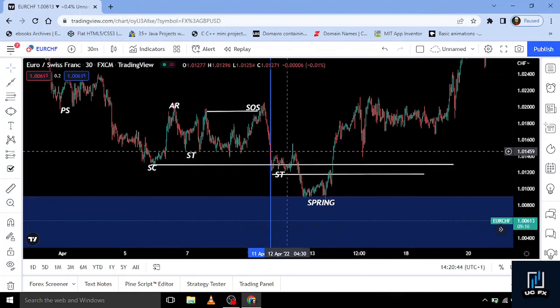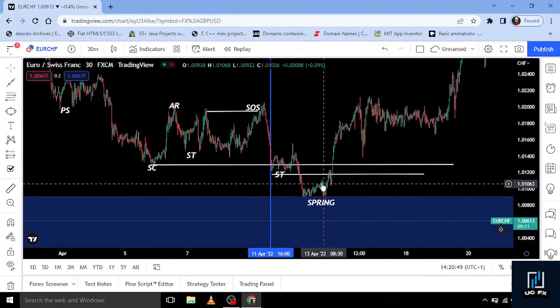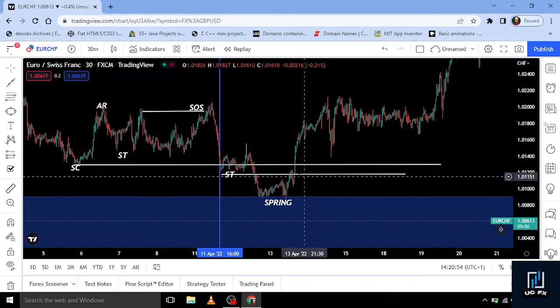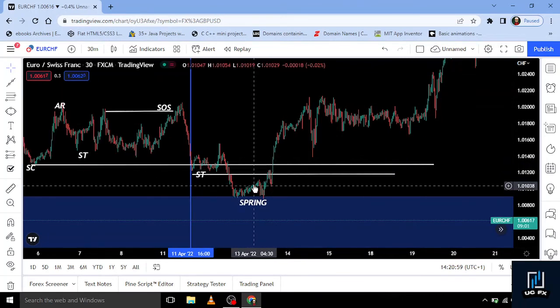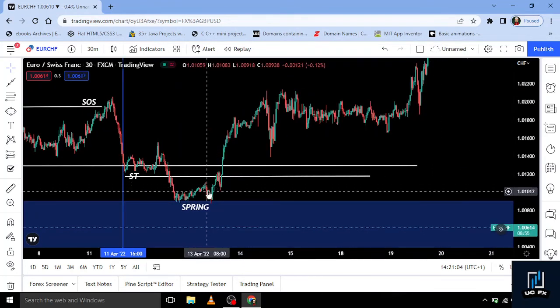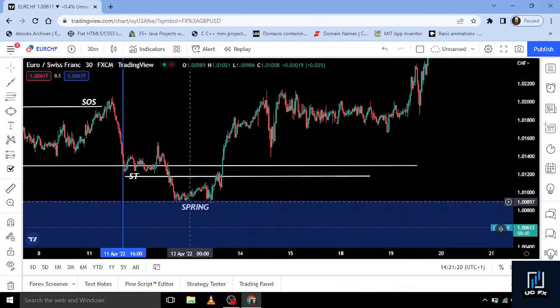But as you can see, after the spring, price actually went high up. You'll be checking out this price movement when the market is actually volatile. Just like I said, during the London Open inside this area, that's when I actually took the trade. As you can see, it's 8 in the morning during the London Open. My time is GMT+1, so this is actually 8 a.m. in the morning. So I took my entry right here because I actually knew that yes, this is my